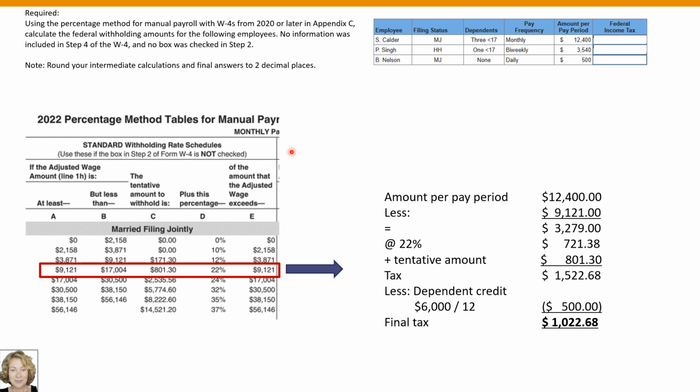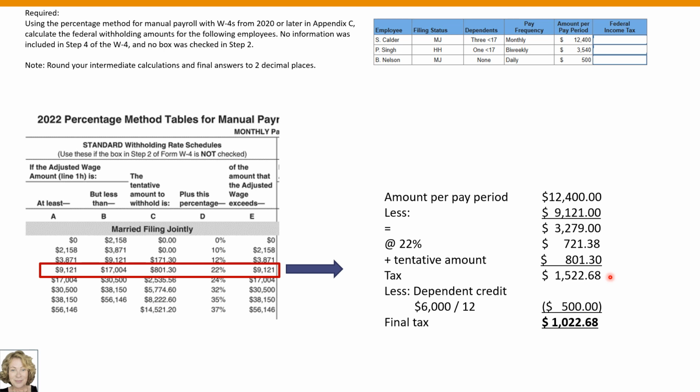Now we'll find the correct row that includes $12,400 for the first employee, Calder. We'll subtract $9,121 from $12,400 because we only need to calculate the wage amount above $9,121 at the 22% tax, which is $721.38. We add the tentative tax amount from the table of $801.30 to the $721.38 to arrive at